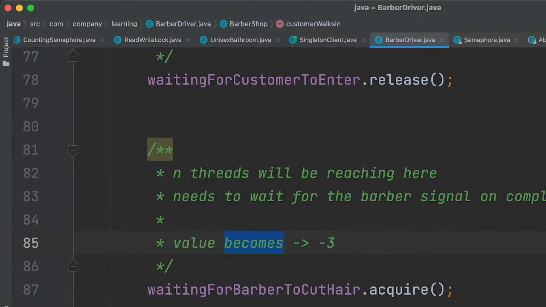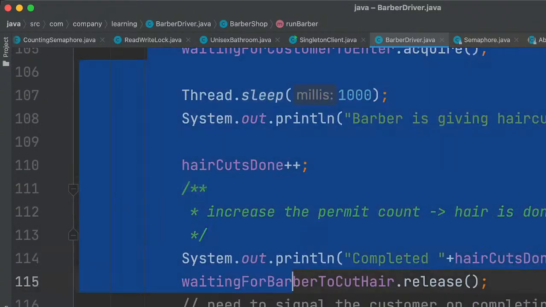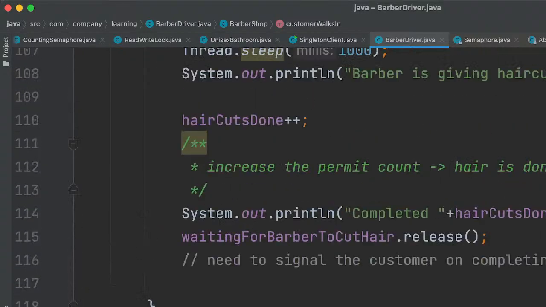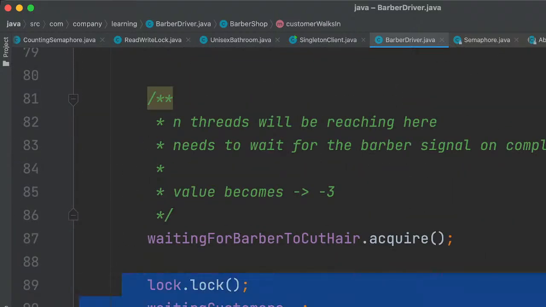So -3, and all the threads will reach here only when the acquired value is positive. I don't think we will get a positive value unless all the threads are completed, and even though all the threads are done, they will go out only after exiting.